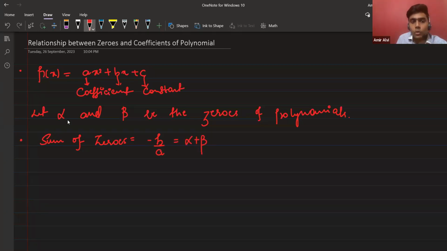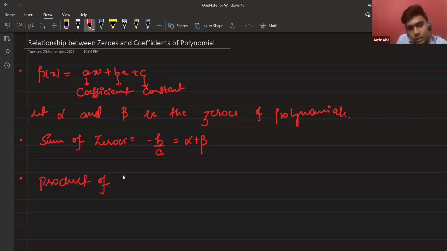Sum of zeros, because alpha is one zero and beta is another zero. So if you add them, you will get the relation between the coefficients as minus b upon a. Is that clear, Adil? Yes. Okay, so the next relation is the product